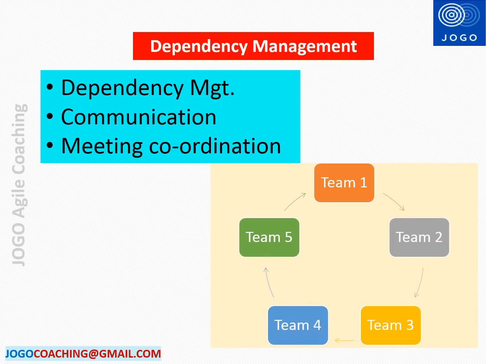The fourth major challenge in scaling Agile is managing dependency of the multiple Scrum teams that are working in a single product or multiple products. Effective communication between the teams, dependency tracking, meeting coordination for all the teams that are located in different time zones will be a bigger problem for the scaled Agile environment.